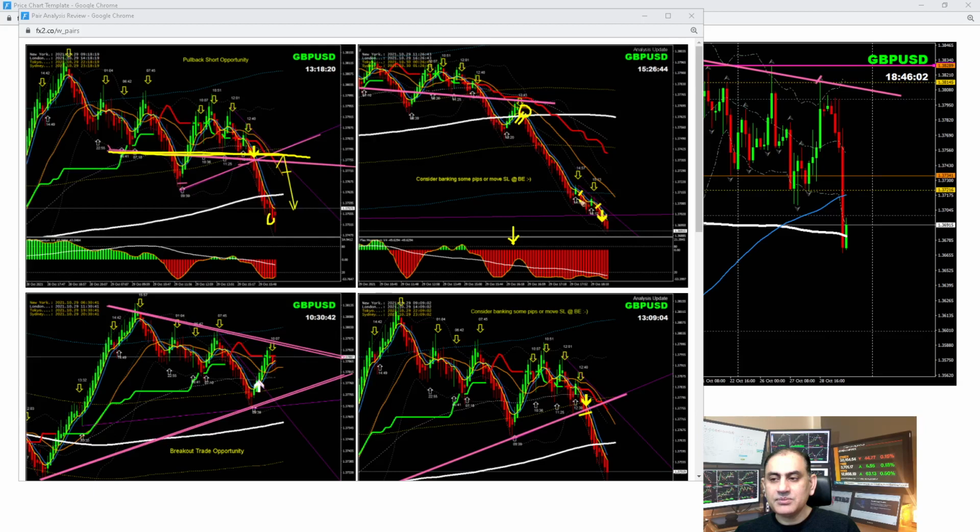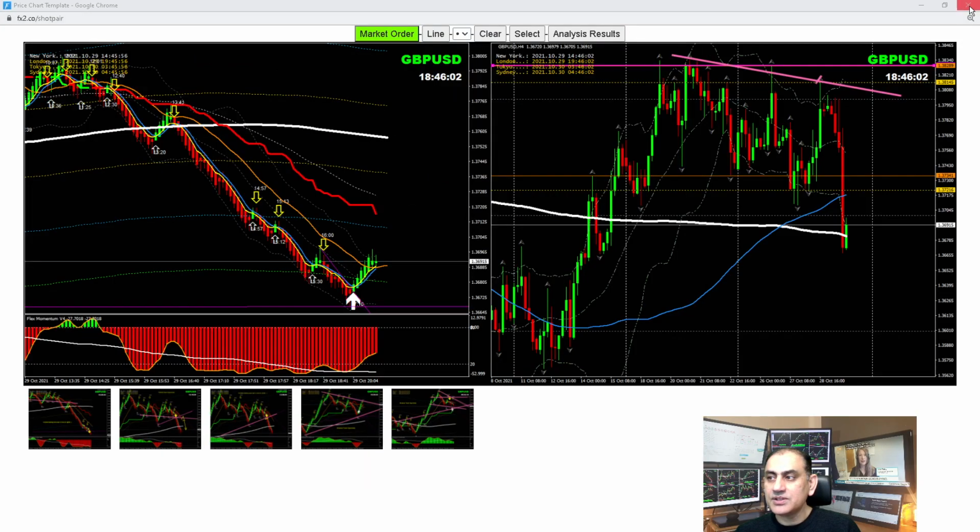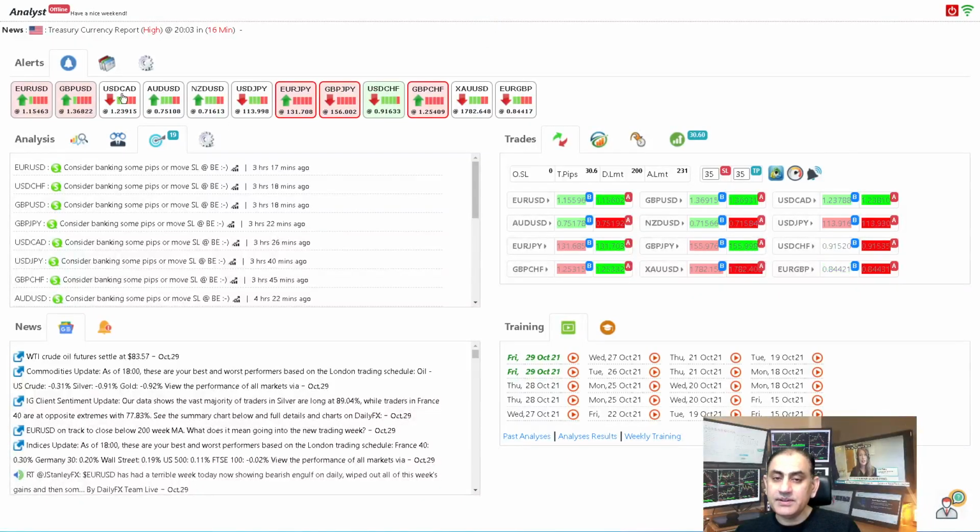And that's what I explained to my trader, just keep taking a pullback. So bank beautiful pips as soon as the price hits the 200 EMA. And as you can see here at the support level, that's what I explained to my trader, it's time to enjoy profit, banking beautiful pips. So we had an amazing trade on pound dollar, and on euro USD, and on dollar CAD we had an amazing trade too.